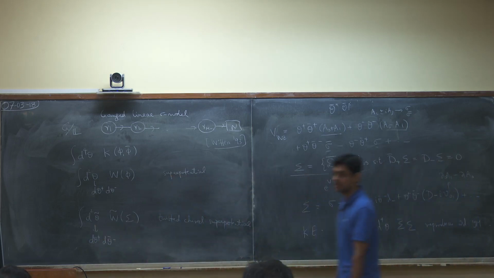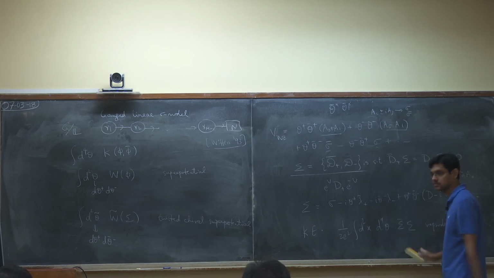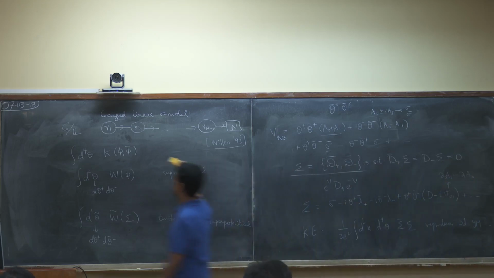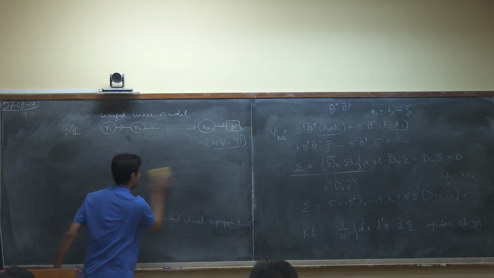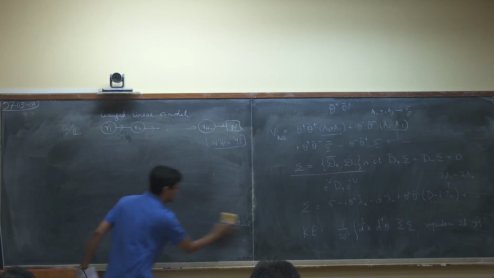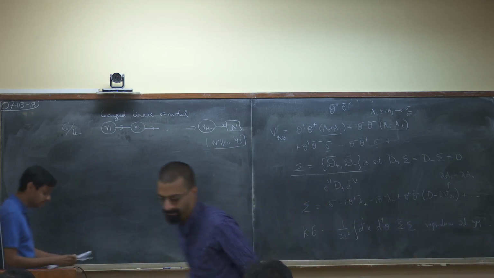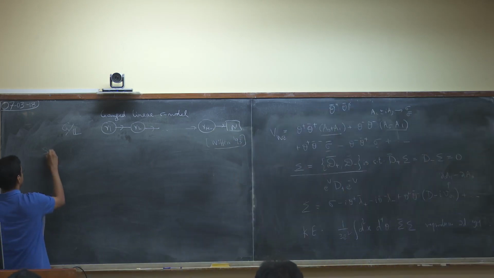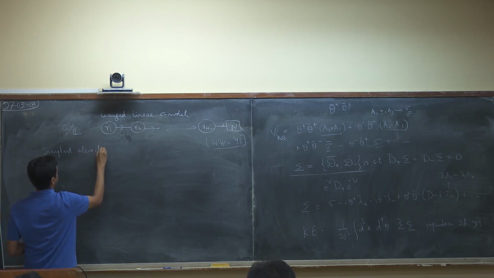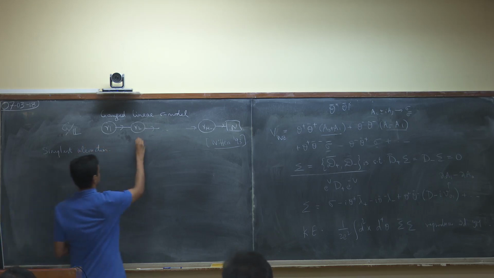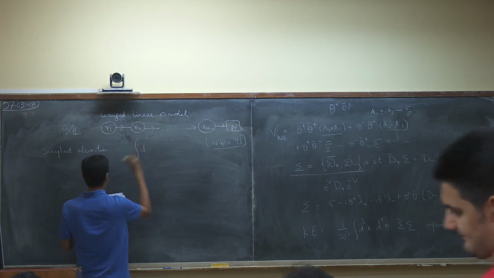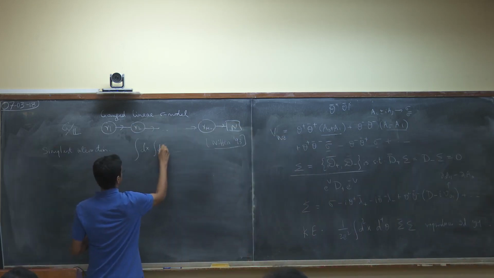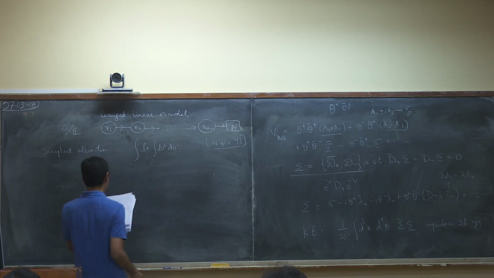Everything here goes through the trace? Yes, trace. Yes. Okay, so good. Now let's see what kind of interaction terms one can write down. So the simplest thing one can try is just a linear term. So the simplest interaction is to try d^2x d theta plus d theta bar minus